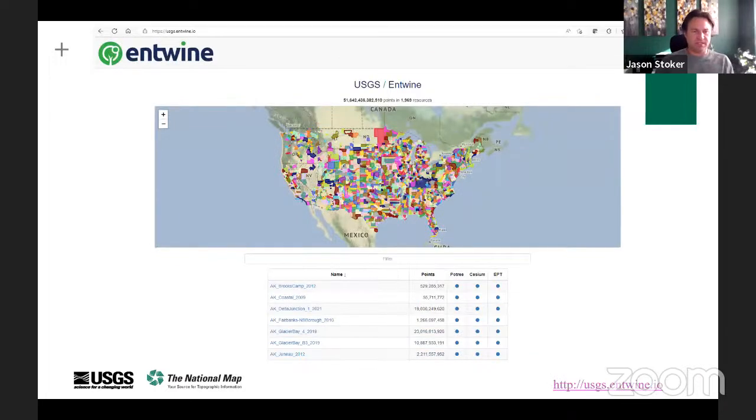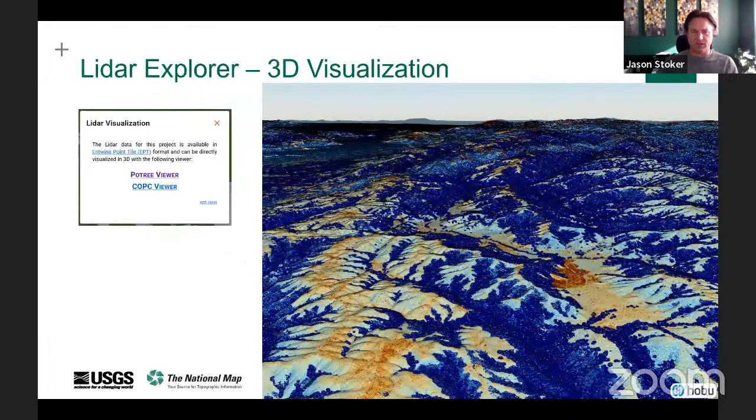And Howard built this really nice interface for us here for 3D visualization, so you can see the different little pieces of patches that we have for these different projects for the US in one place. You can go look at each individual project, and you can just click on one of these links below, and then you can visualize the data in 3 dimensions via your browser. So we have two options right now, 2 different types of viewers, which have a little bit different capabilities.